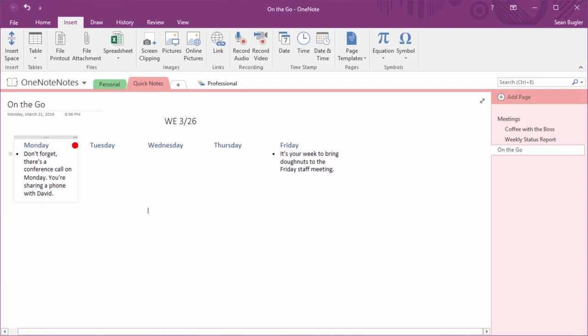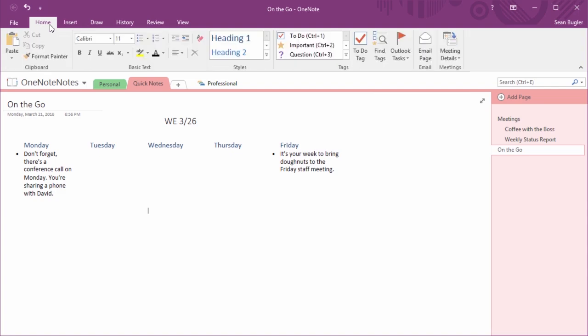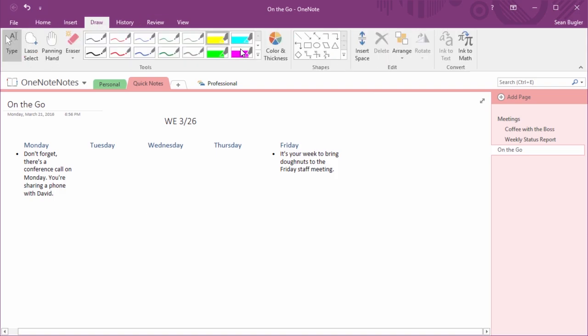You see, I can't really segment the difference between Monday and Tuesday. Well, I can, if I draw a little box around it. Wouldn't it be nice if I could do that in actual OneNote instead of just using this fancy presentation software? Well, that does exist. If you jump inside the tab that you might look in if you were going to draw something, see where I might be going with this? Go ahead and jump into the Draw tab, and you'll see we actually have the ability to draw simple shapes